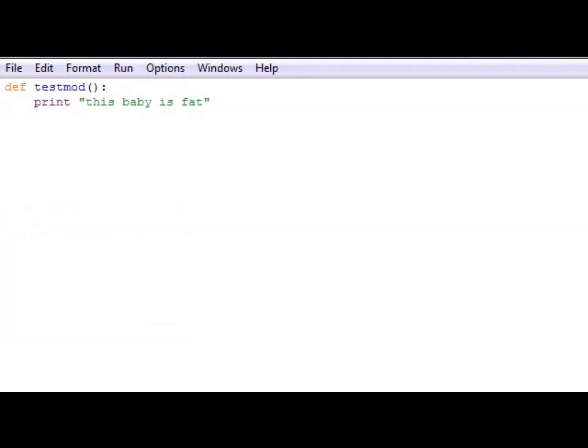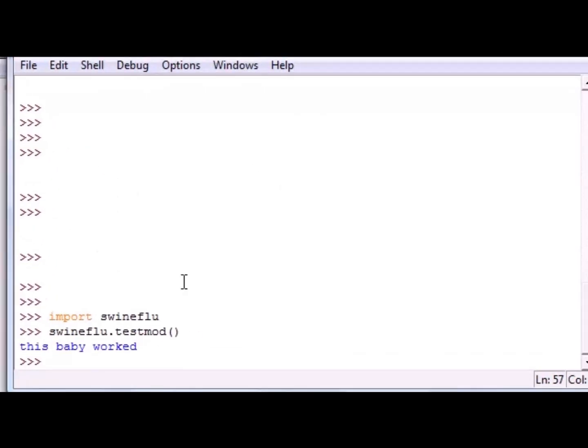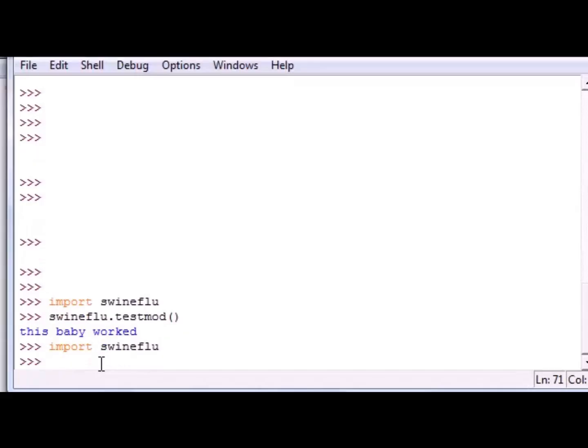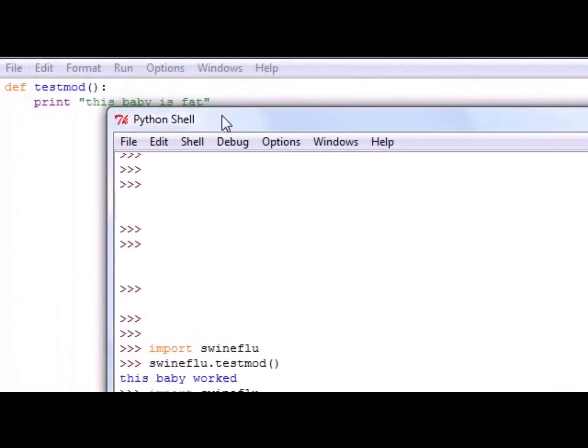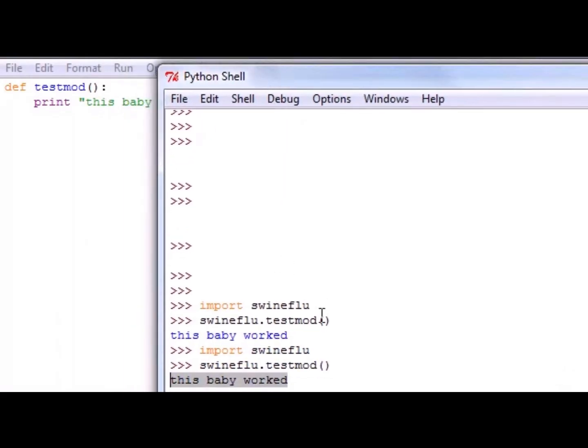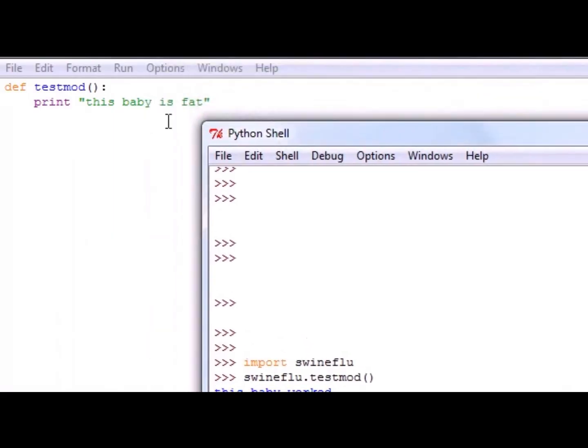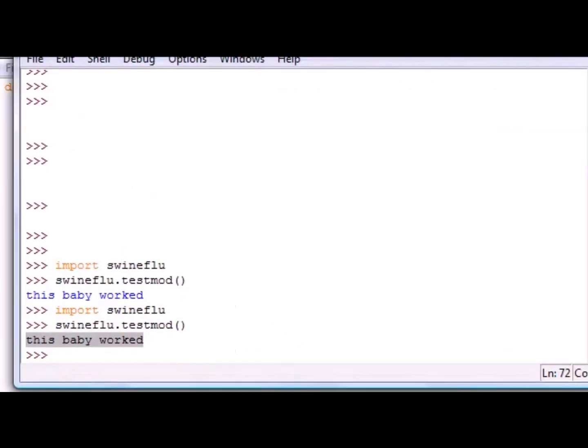We save this module. Now once we import it again, import swine flu, and then swine flu dot test mod. It still says this baby worked. That's because you can only import your module one time. Now if you wanted this to actually show that this baby is fat like it was before, what you would need to